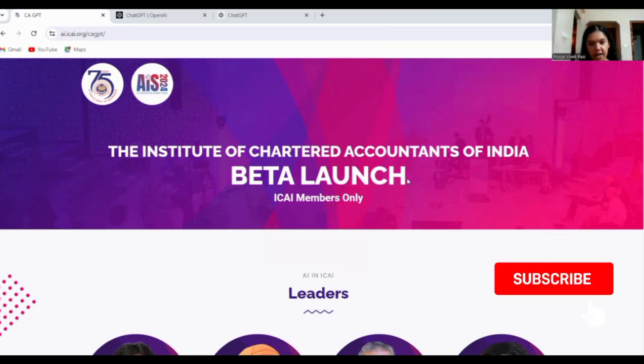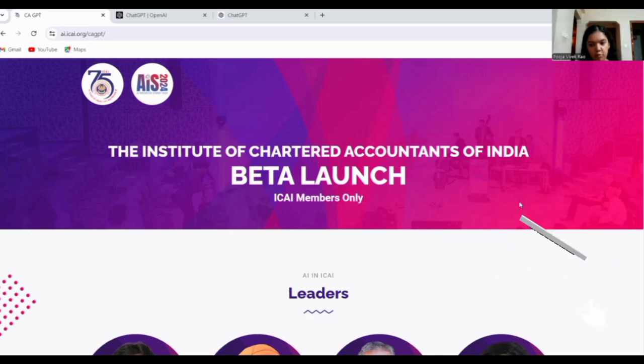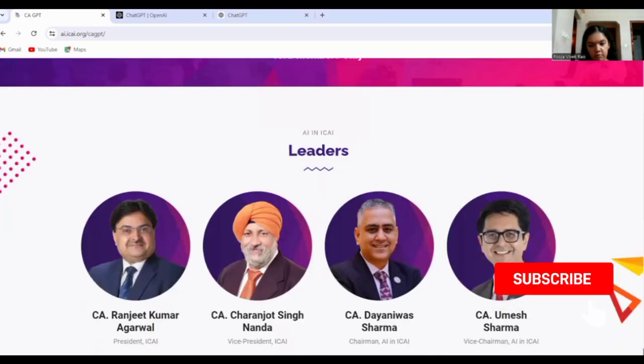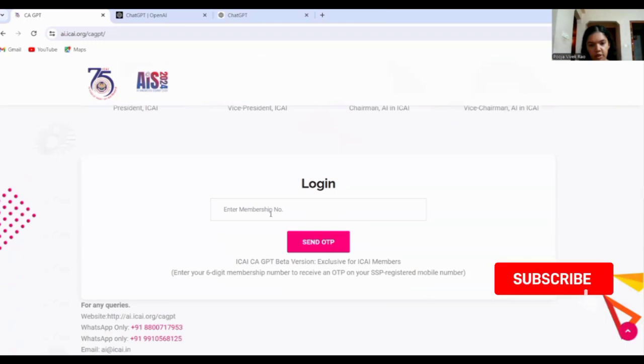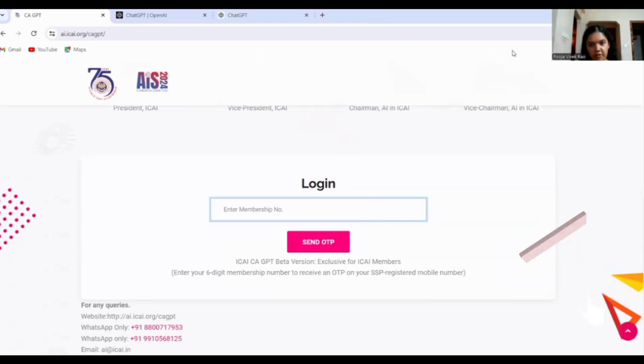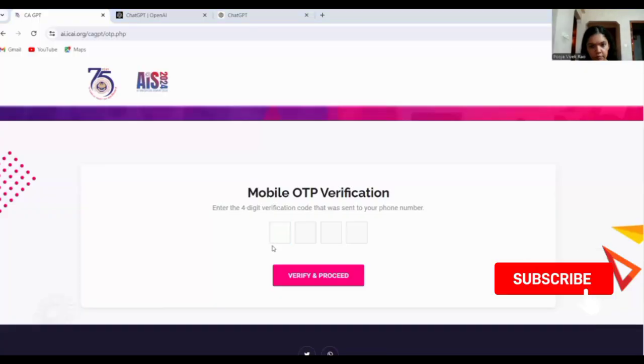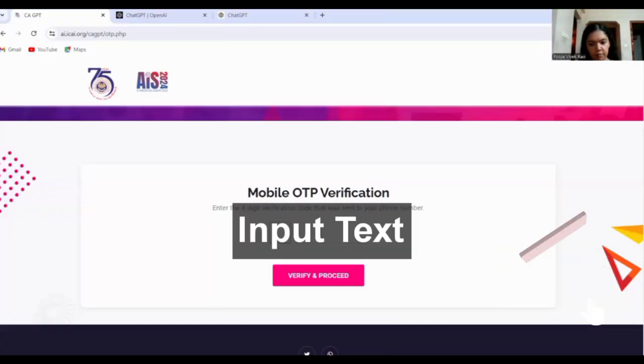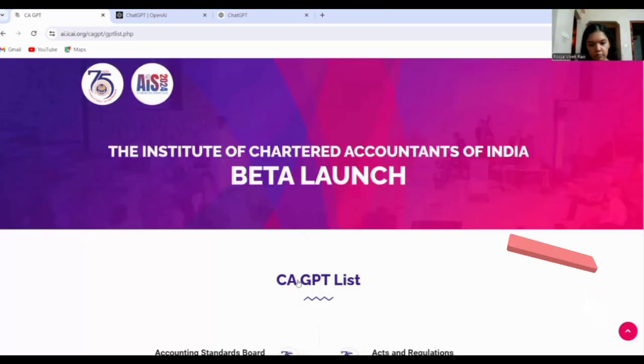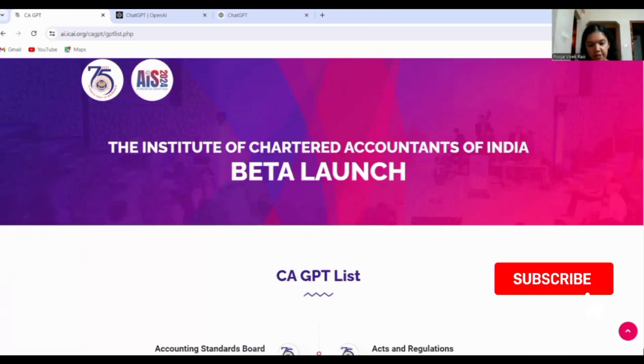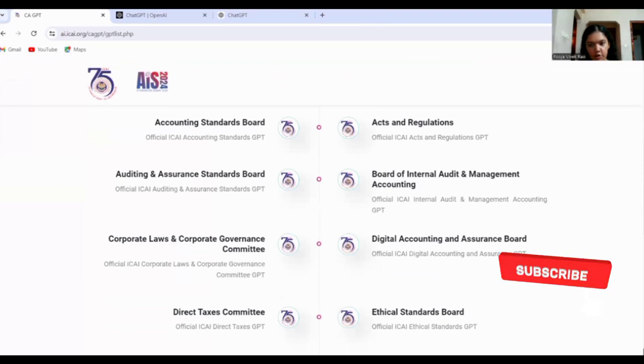Let's get started. Here I have the CA-GPT page opened in my Google Chrome. Now I will log in here with my credentials. So now I have logged into the CA GPT and here I can see the list of all the GPTs available.